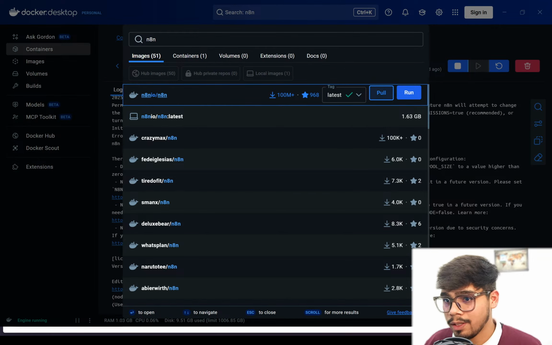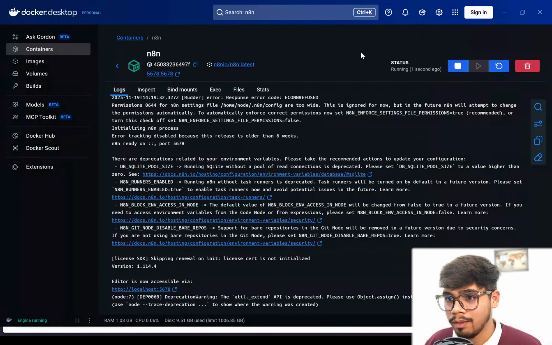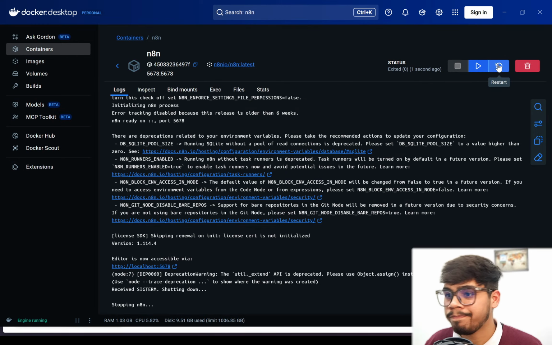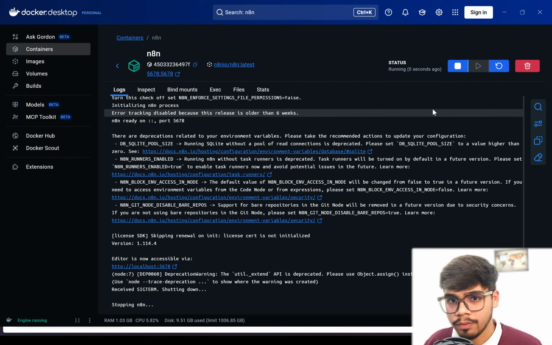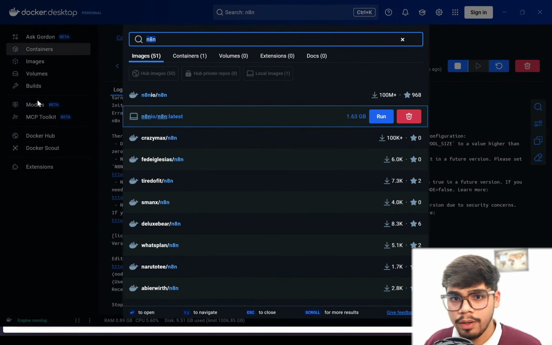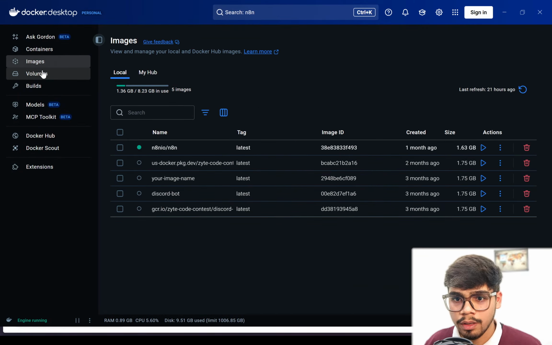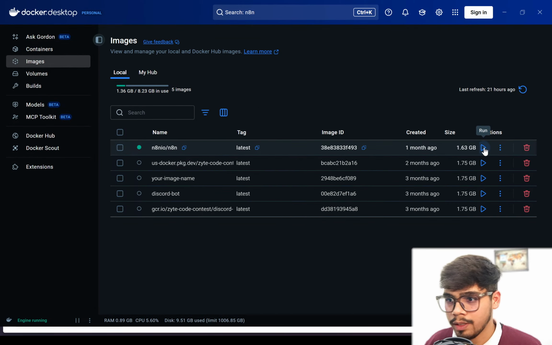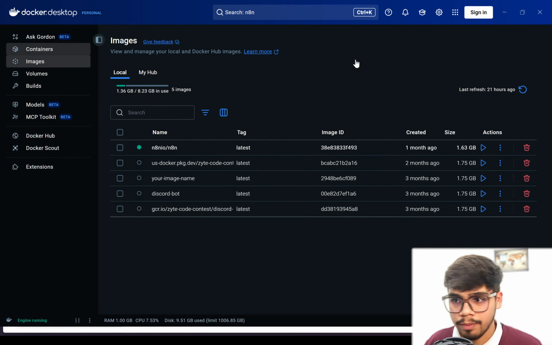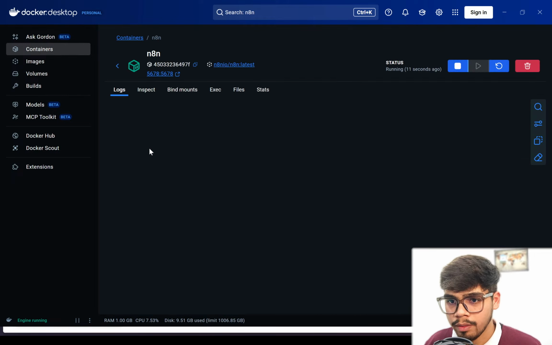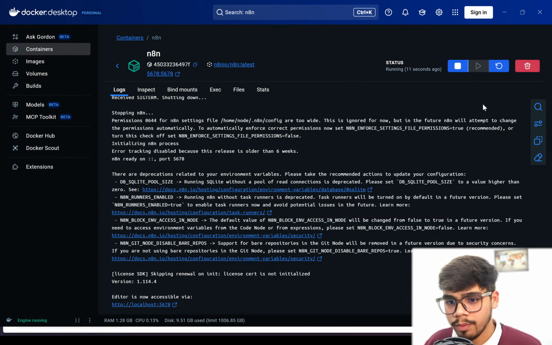I've already installed it, so I'm not going to pull it again in this session. I'm just going to restart this. Once you have installed it, you can go to the images, find it here, and then run it from here. So it started for me. Yep, so I'm just going to jump back to the